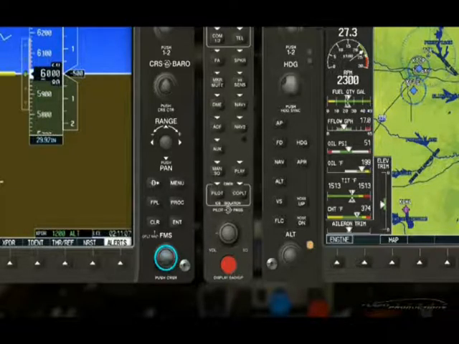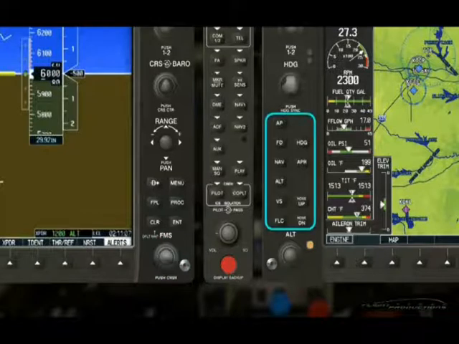On the lower left of the multifunction display are the AFCS keys, which are used in the operation of the automatic flight control system. This group consists of the Autopilot key, used to activate the flight director and the autopilot, the Flight Director key, which activates only the flight director without engaging the autopilot, the Heading key, which allows the autopilot to follow the heading bug on the HSI, the Nav key, which activates the navigation mode and tracks the selected navigation receiver, the Approach key, which selects and deselects the approach mode, the Alt key, used to select the altitude hold mode,